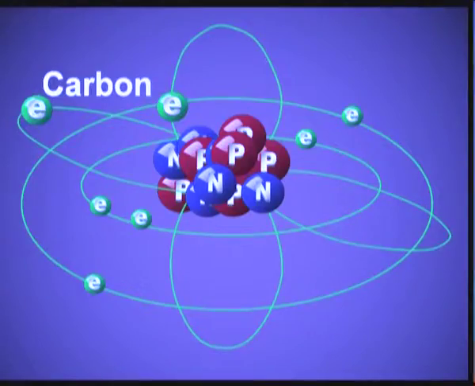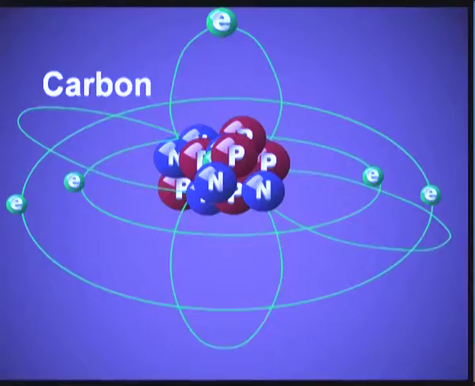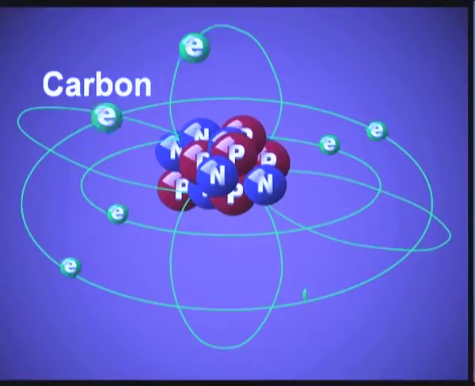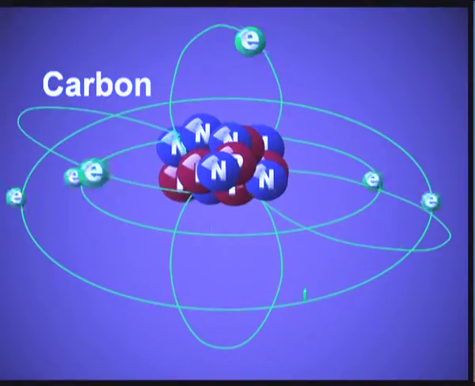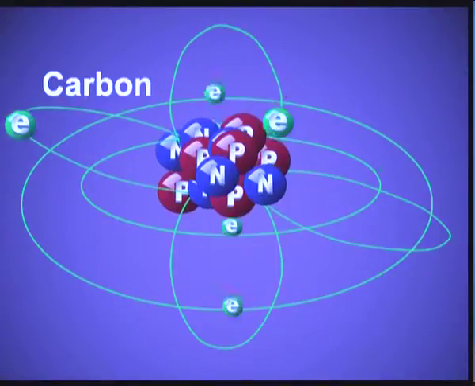The next element after boron is carbon. Its atomic number is 6. That means it has 6 protons and 6 electrons. Again, one more proton is added to the nucleus and the effective nuclear charge is increased. But the electron goes to the same 2p shell. So we are seeing, when we proceed towards the right hand side of the period, the effective nuclear charge is increasing, but the electrons are adding to the same shell.